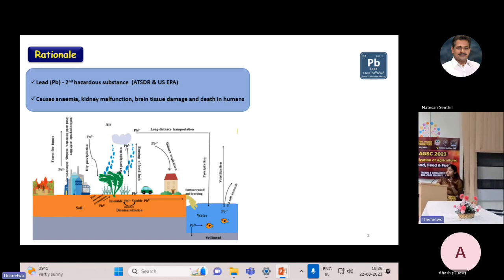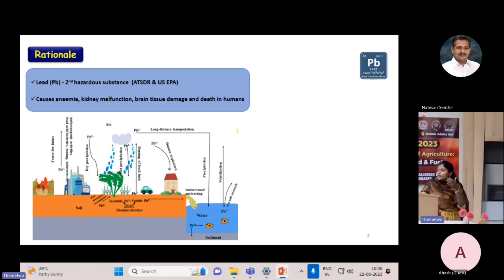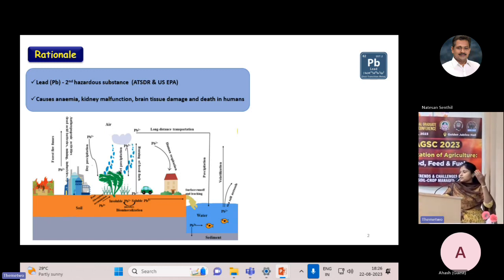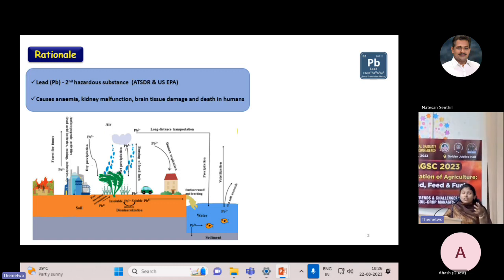This lead is usually present in minerals and ores, but because of its industrial value, it has been used by many industries and ultimately introduced into the food chain, mainly through water. By drinking this water and eating crops grown with this water, human beings get lead into their system, and when this lead crosses its toxic limit, it is capable of causing anemia, kidney malfunction, brain tissue damage, and even